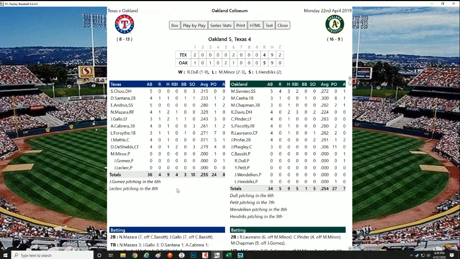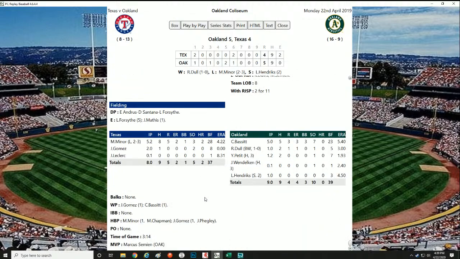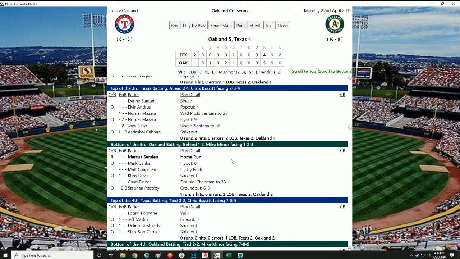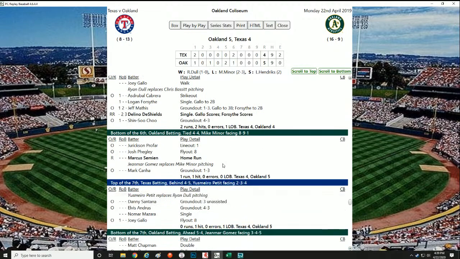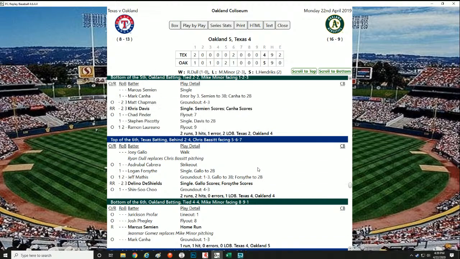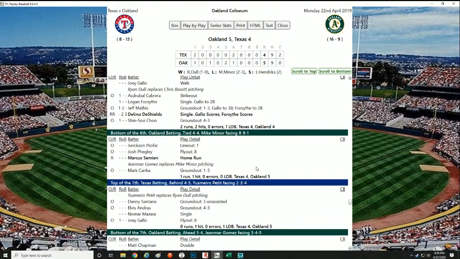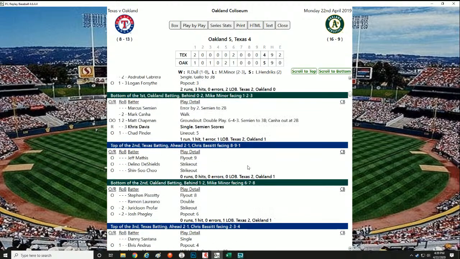Where's our play-by-play? Bottom of the 6th. It was a home run by Marcus Semien off of Gomez, who was replacing Mike Minor. So Gomez, home run to Marcus Semien, and Oakland takes this one 5-4. Pretty good game. Like I said, there's a few little minor things you just got to remember and figure out